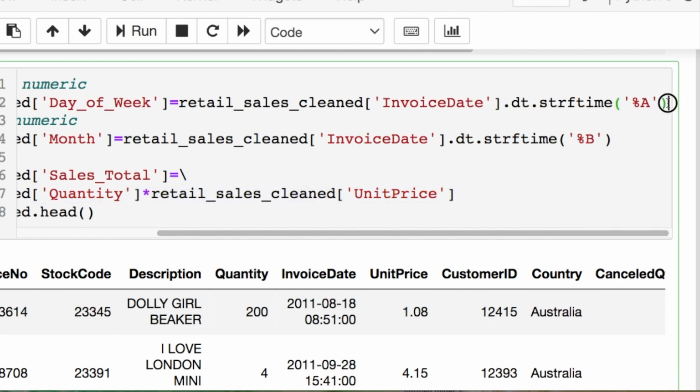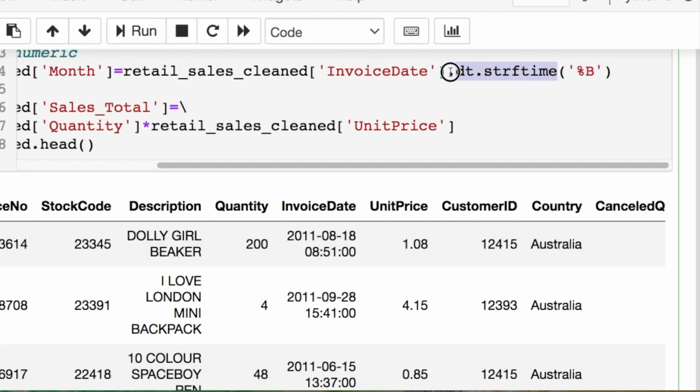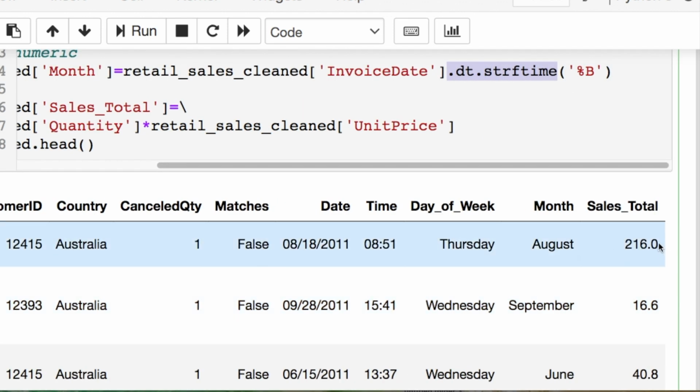When you're calling the day of the week, you use this %A. When you're taking the month name, it's going to be %B with this right here. If you notice, we now have our 3 additional columns that we just created right here, which is going to allow us to start doing our first plots. We're going to look at doing some simple plots first with 2 bar plots so we can get an idea of how to handle these data.